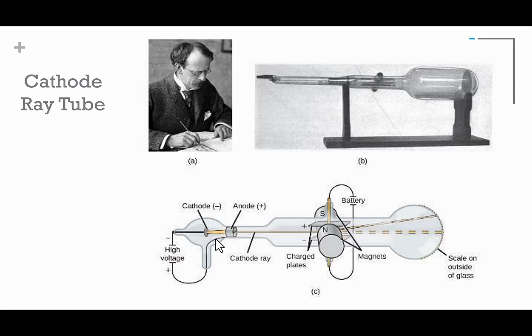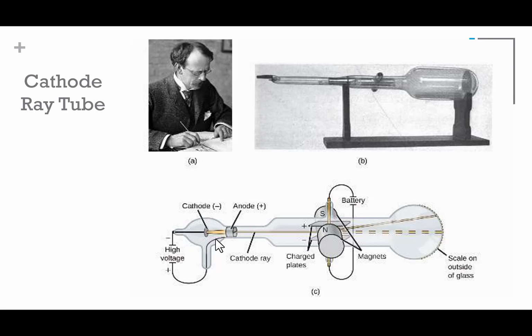I'm trying to figure out what that beam is. The cathode ray tubes were kind of the hot ticket during this time because it was like a bright glowing green beam, and that was really cool for scientists at that time. So these were the one thing that was being studied quite often. Inside of this sealed glass tube, we've created this glowing green ray.